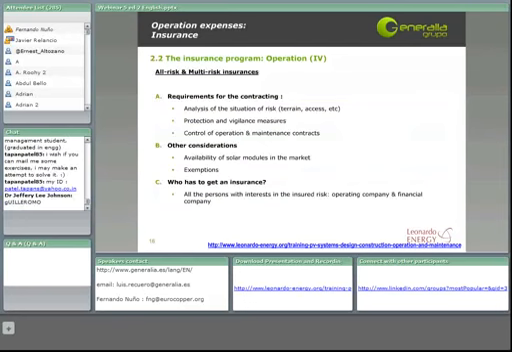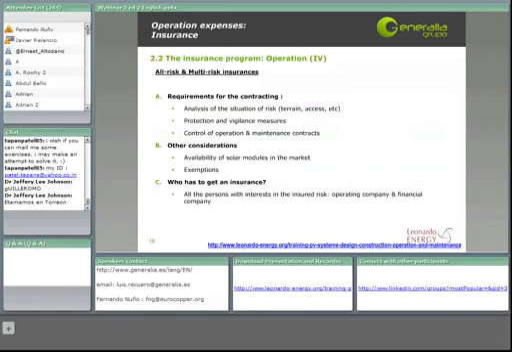Now, as we did with the plant execution, before contracting we have to check the requirements of the contract that we want to sign. So we have to do an analysis of all the possible risks that may happen. We have to consider the protection and vigilance measures that we have taken into account, but here we will have normally operating our surveillance system, and we have to consider the control of operation and maintenance contracts when selecting the